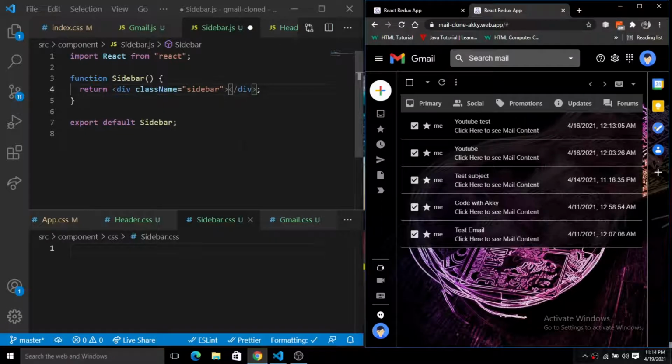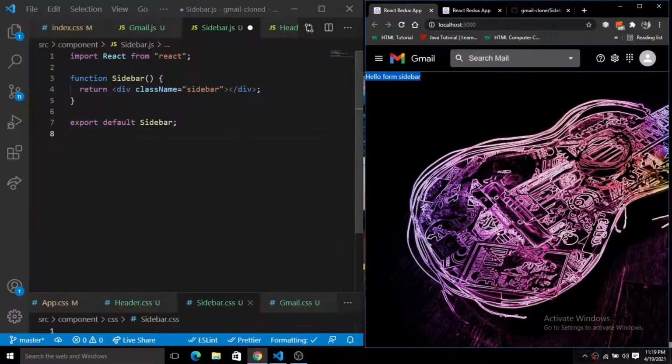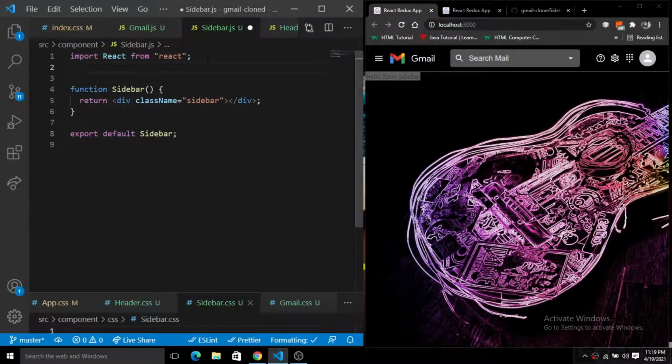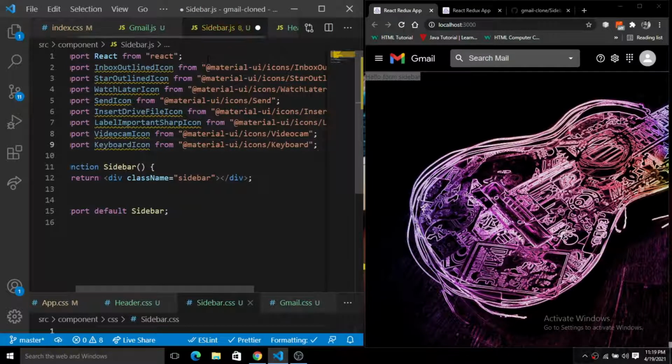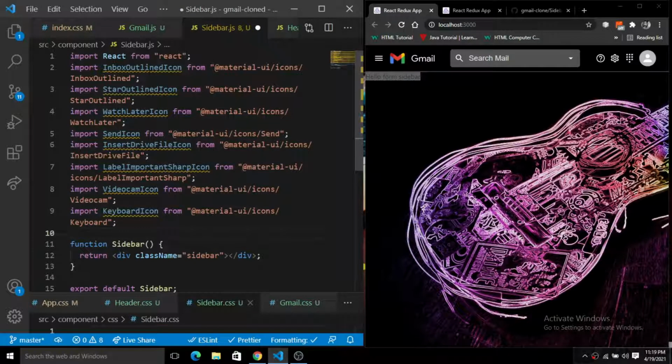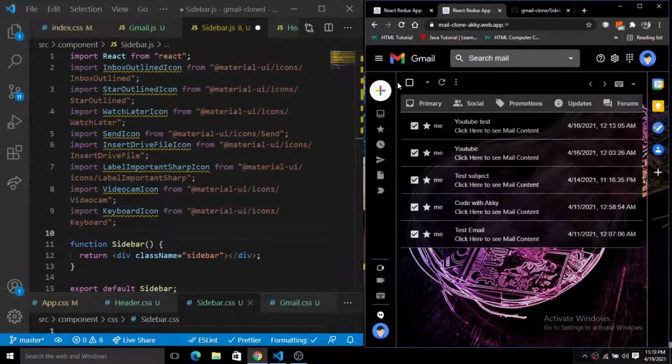So just pay attention here. This will be the set of the icons that we are going to use here. The first one is the inbox outlined icon. The next, this is the star outlined icon. Next, the watch letter icon, the send icon, the insert drive file icon, the label important icon.